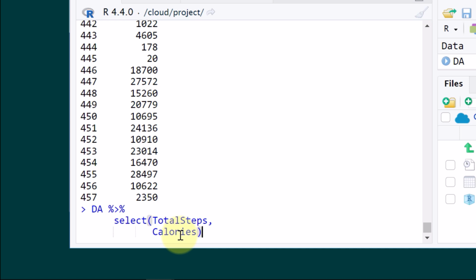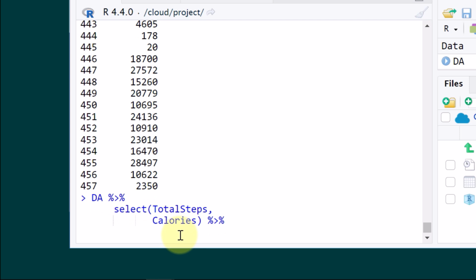You can use your right arrow, space, percent, greater, percent, shift enter, and then you can type in summary, parentheses, close parentheses, nothing inside the parentheses, no space.